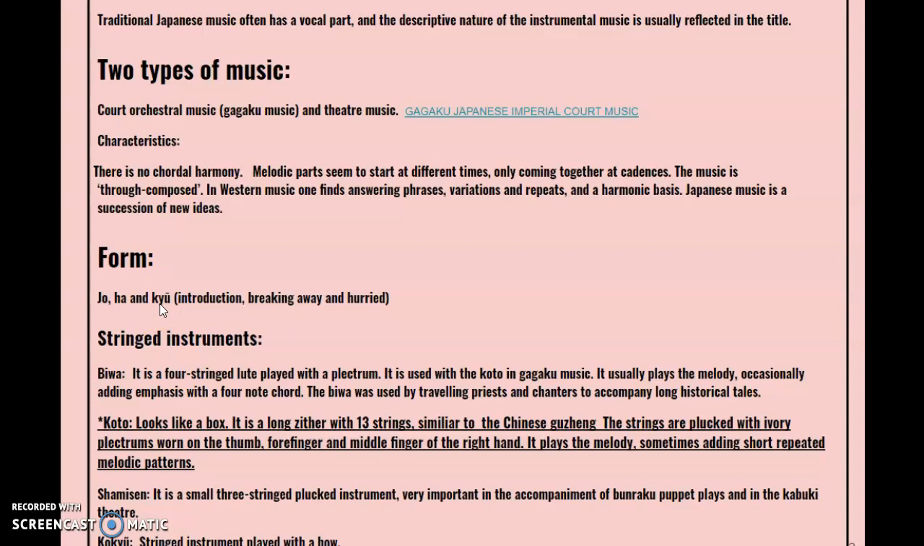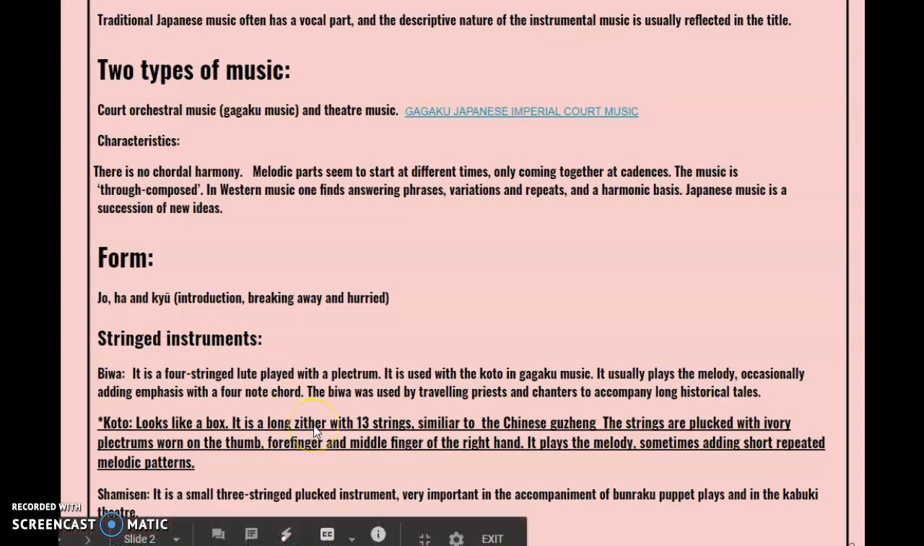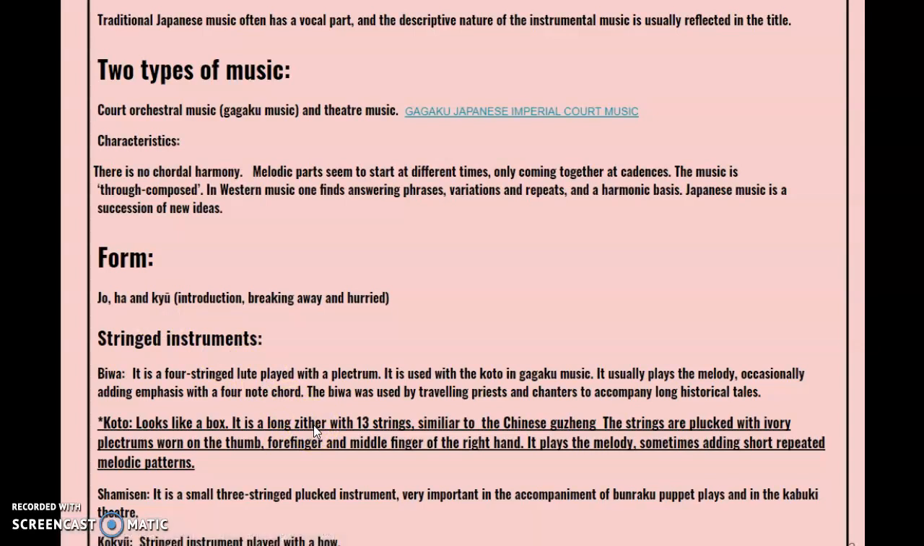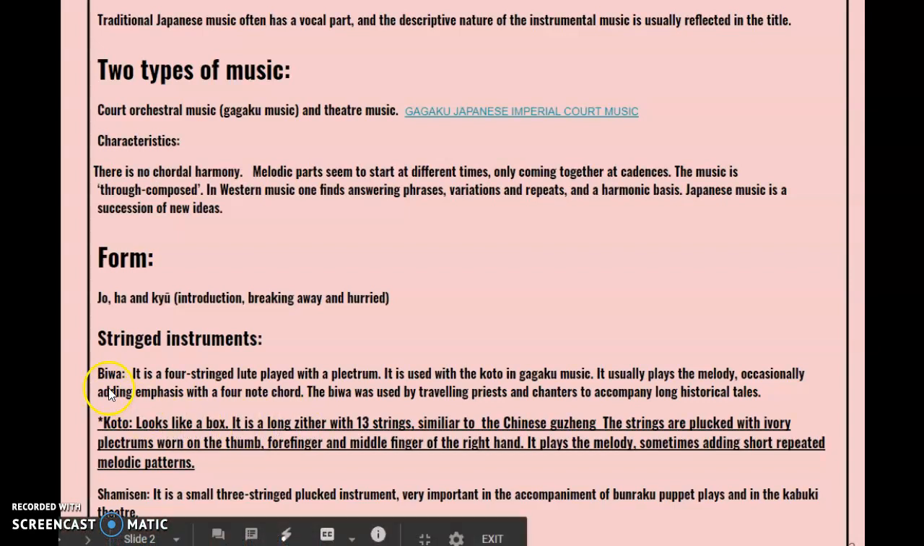Now with the stringed instruments, you can stop here and read through everything that I have on the screen here. But you only need to do the koto. It looks like a box. It's a long zither with 13 strings, similar to the Chinese guzheng. The strings are plucked with ivory plectrums worn on the thumb, forefinger and middle finger of the right hand. It plays the melody, sometimes adding short repeated melodic patterns. You can read through the biwa, the shamisen,